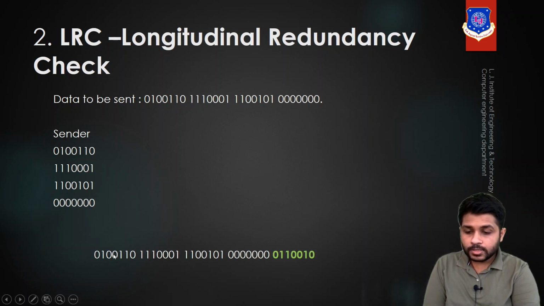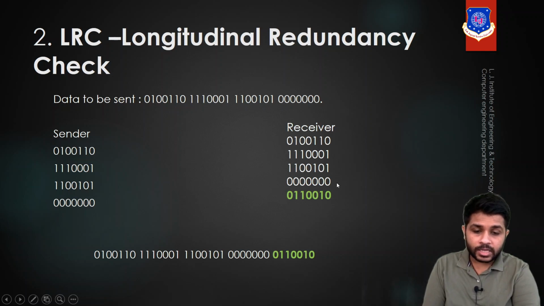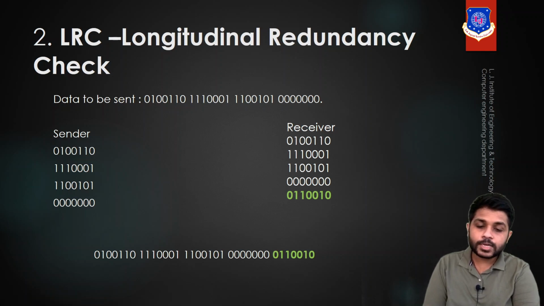Likewise we will perform this, and after that we will send the original data along with the extra data. So you can see that this is our original 28-bit data and the extra data that we got by adding an extra bit at each and every column. At the receiver side, it will arrange this data in table form and perform the same method. The receiver will add an extra bit to each and every column, and if at the end of the columns we get all zeros, it means there is no error. The receiver has received the data successfully and the received data contains no error.